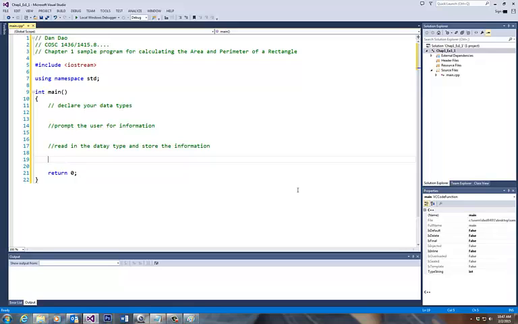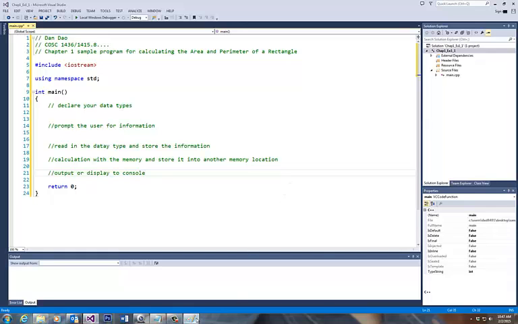Next, you have to come down and do some sort of calculation, right? So some sort of calculation with the memory that you have stored. Okay. So calculation with the memory and store it into another memory location. And lastly, you need to output this or display to console, which is the screen. All right, let's walk through this. So if you look at this,